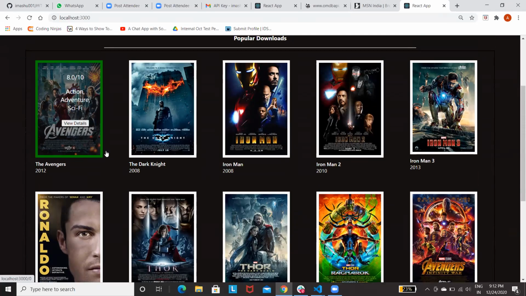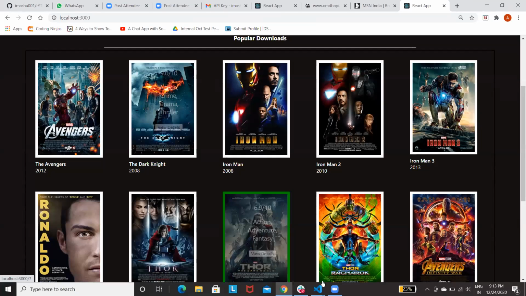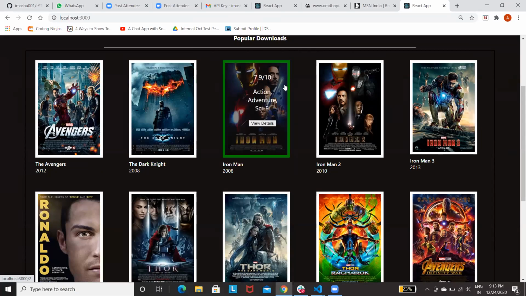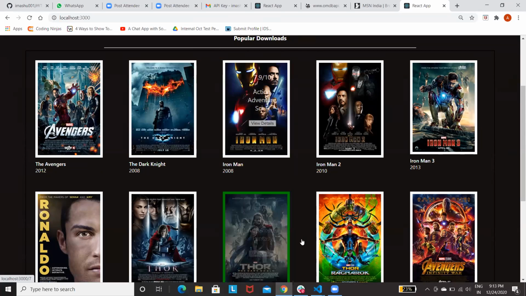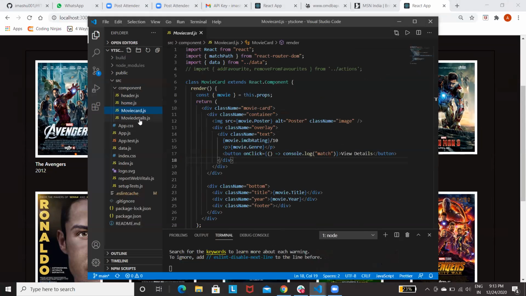This hover thing was copied from Google, to show the overlay effects. I copied the CSS code for it from some websites, and everything else was from params itself, the index of the movie, and then accessing it through the index in movie details.